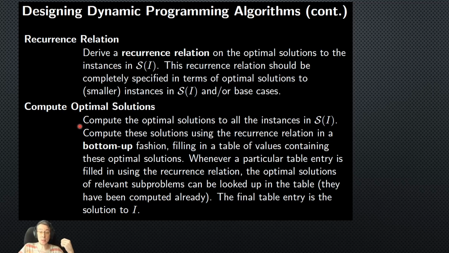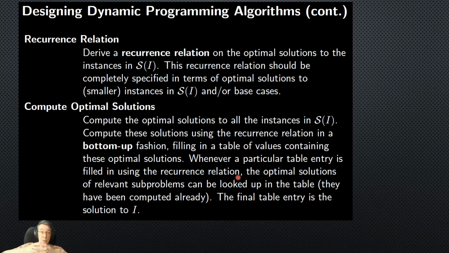So we're going to compute optimal solutions to all of the instances in S of I, and we're going to compute these solutions using the recurrence relation in a bottom-up fashion. And this is key. So what does bottom-up fashion mean? It means we're going to fill in a table of values containing these optimal solutions. Whenever a particular table entry is filled in using the recurrence relation, you're going to be looking up the solutions to optimal subproblems. You're trying to compute the optimal solution to a particular problem,